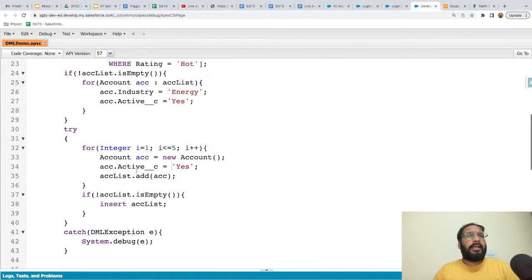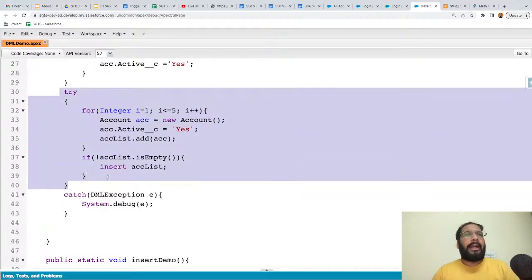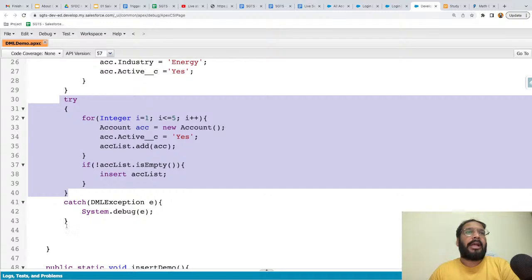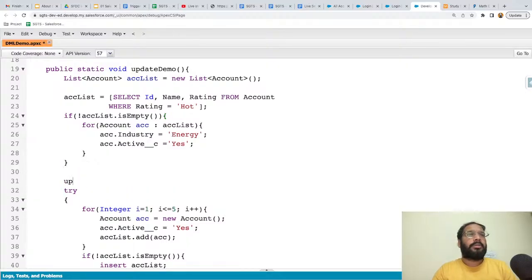Okay, so what I was trying to do here, this piece of code has a loop and here we have an insert statement, right? And we know name is not populated, so it will break. So that's why this try catch is here. And for the above code, I am writing an update statement here. So update